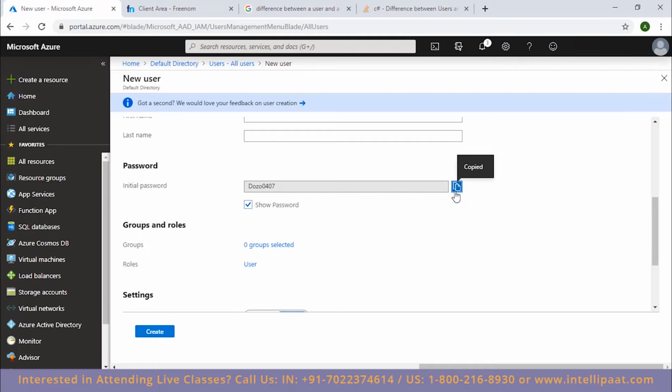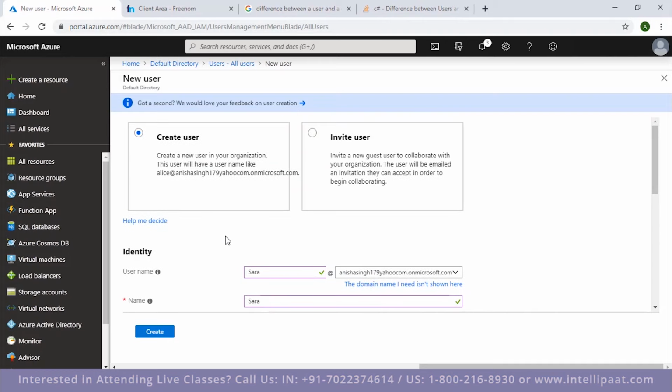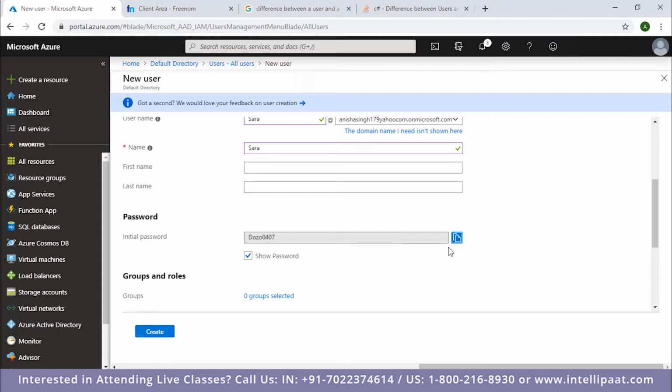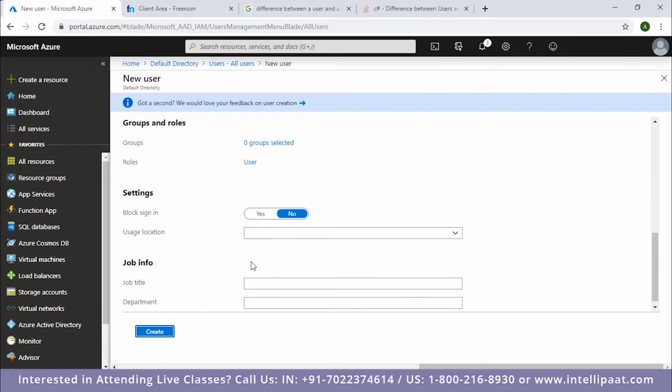Just copy this password and keep it somewhere safe, because when you are giving the credentials to that particular user, you will have to give this username and this password to that user, so that for the first time it can log in using these credentials. So this is where you can get the password. Just copy it and keep it somewhere safe, and then you can go ahead and create the user.